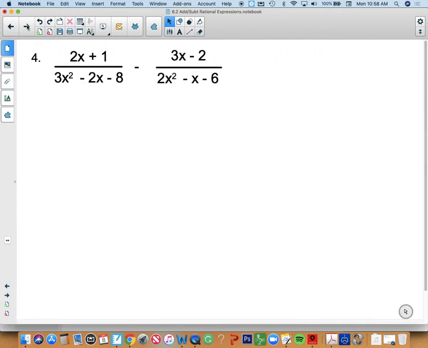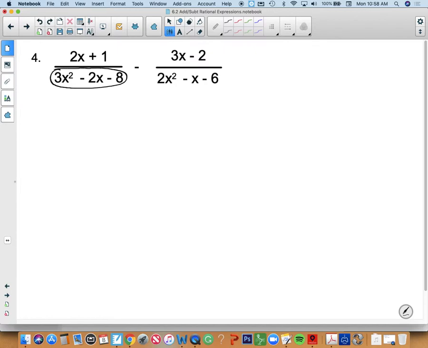So number 4, what we're going to have to do here. The problems before were already simplified, already factored out. So what we have to do here is factor as much as we can in our denominators. This is a subtraction problem. You're going to have to find a common denominator, so we have to factor the bottom before we can find our common denominator. So this one right here,